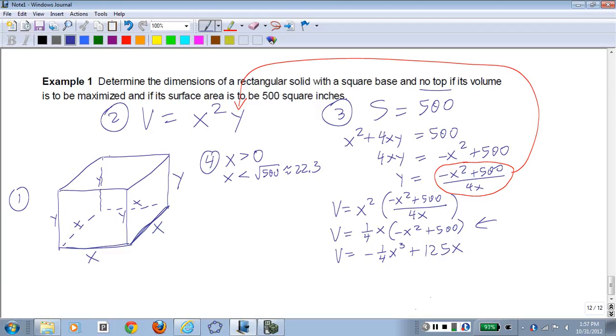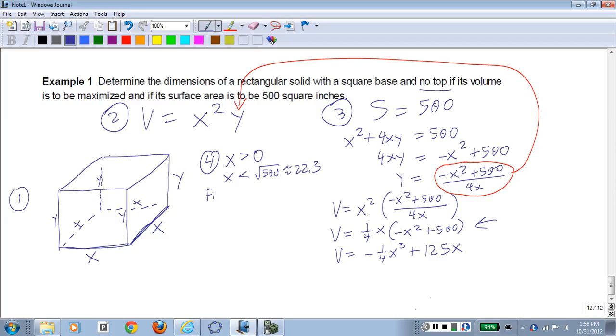Now, I don't think the function is going to be badly behaved. Will it be bad? It's a polynomial. It's not going to be badly behaved at 0 or at the square root of 500. So what we could do is this. If we know it's not going to be the endpoints, the maximum or minimum,